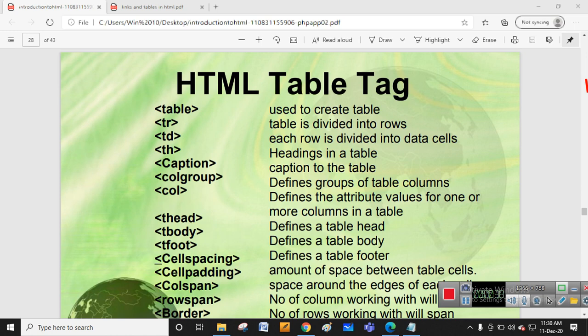Internal linking is nothing but you can get the file from your computer, and external linking is connecting a web page or content through a URL on the web. We also saw how to give the hyperlink for the image. That's the activity which we did in the previous class in MS Teams. In continuation to that, today we are going to discuss the HTML table tag. How to create a table in the web page, that's the topic today.